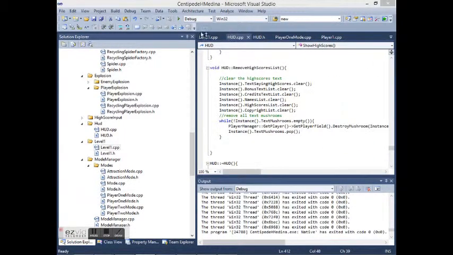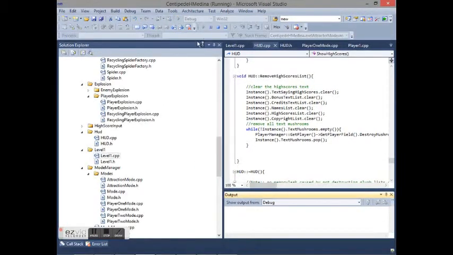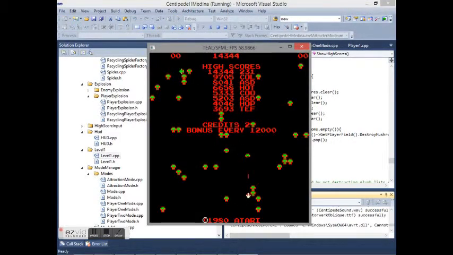So if you go to player 1 mode, I'll show this in action. This is the attractor mode. As you can see, it called show high scores, which just gets all these high scores and puts them there. As you can see, the centipede actually reacts to it because it's mushrooms. But